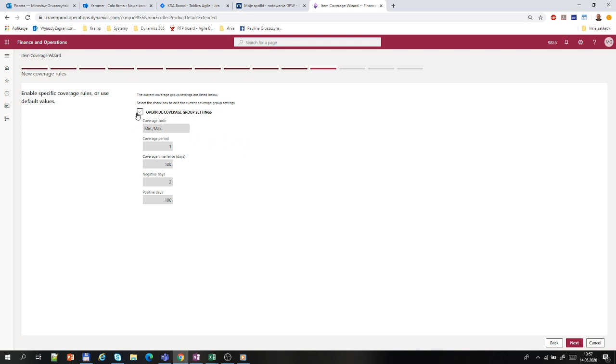Then we put the settings for periods. We do one period and we put everywhere 14 days, 2 weeks. What does it mean? It means that the system will create each day